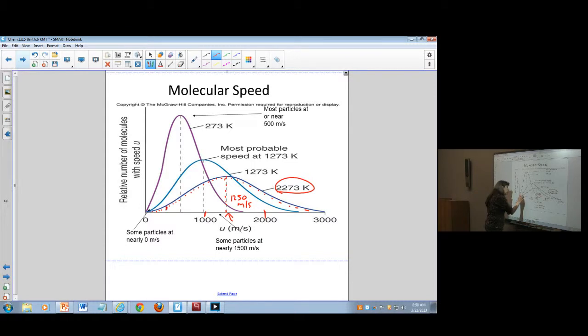But now we have a whole bunch that could be going way smaller. Remember earlier we might have had, let's even do a comparison here, this many at this. Well, this has still some that almost don't go, and here's some that go really, really fast. Now that's just at any particular snapshot in time, but no matter what, the average velocity still stays the same. Now, we don't call this velocity. We call it speed in chemistry for purposes of differentiating a few things.